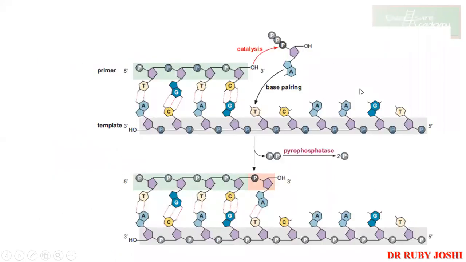So that was your SN2 mechanism. See, the OH is attacking at the alpha phosphate, so the bond is broken and PPi, the beta and gamma phosphate, is removed. Okay, and that is what is happening over here. Now this is also, of course, with the help of water molecules and all; we'll study all those, like how in the catalytic pocket of the DNA polymerase